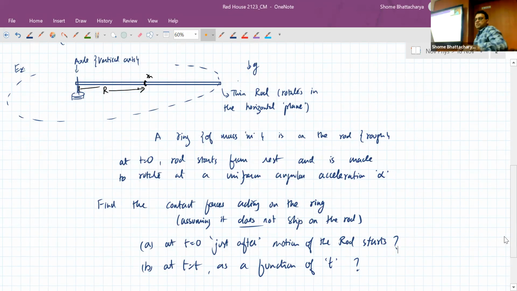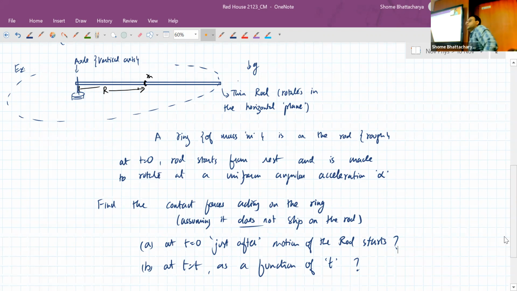So if this is the axle on which the rod is mounted, it's spinning like this, and as time is progressing, its angular speed is increasing at a uniform rate alpha. And the ring is on it like this. So what all forces will be acting on the ring? Obviously, gravity is pulling it down. That's one, but also the ring along with the rod will have tangential acceleration. So that means the rod is also pushing it tangentially. Okay? And plus the ring's velocity has to constantly turn like the rod's tangential velocity is turning. So it has to have a centripetal acceleration. Right?